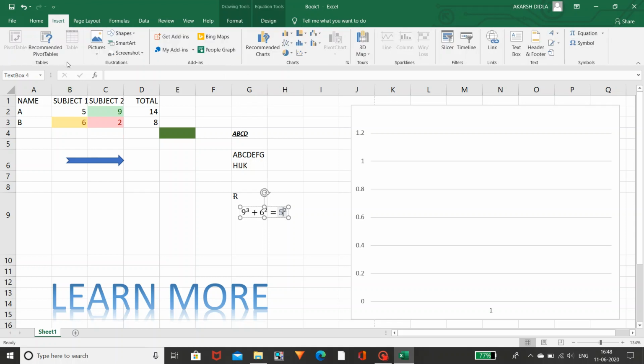So I have not explained each and every option clearly. Why? Because you have to learn on your own. How you can learn on your own: if you want to learn about My Add-ins, you can place your cursor there. A small dialog box appears. You can read the dialog box so that you can learn on your own. Why I'm telling you like that: if I explained everything here, you wouldn't learn by yourself. If you learn yourself, you can practice well, and you can excel in this Excel worksheet, so that you can be a professional, or you can learn the advanced course in this Excel.